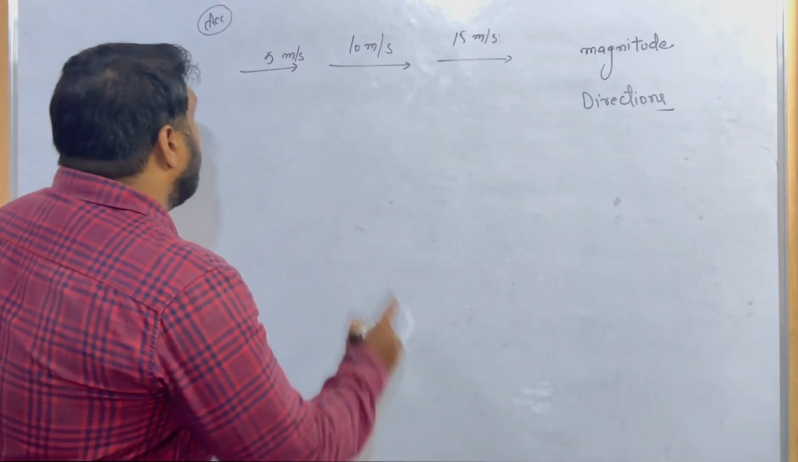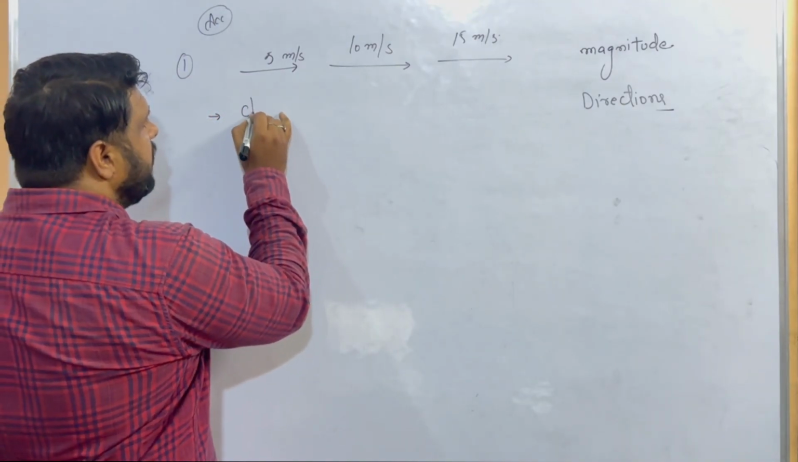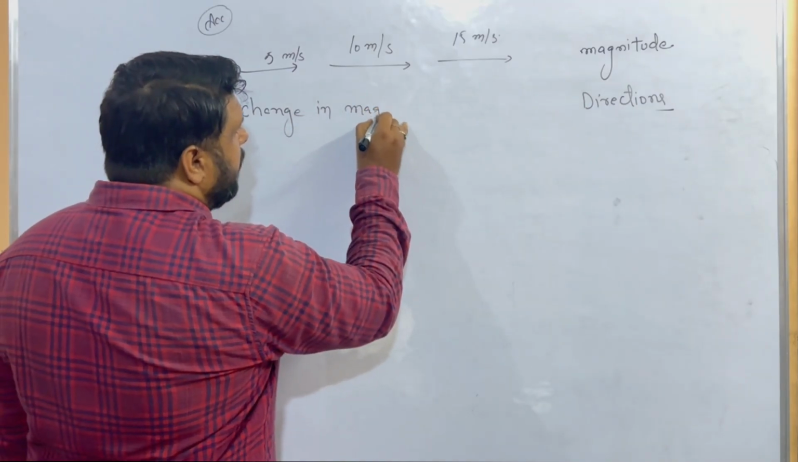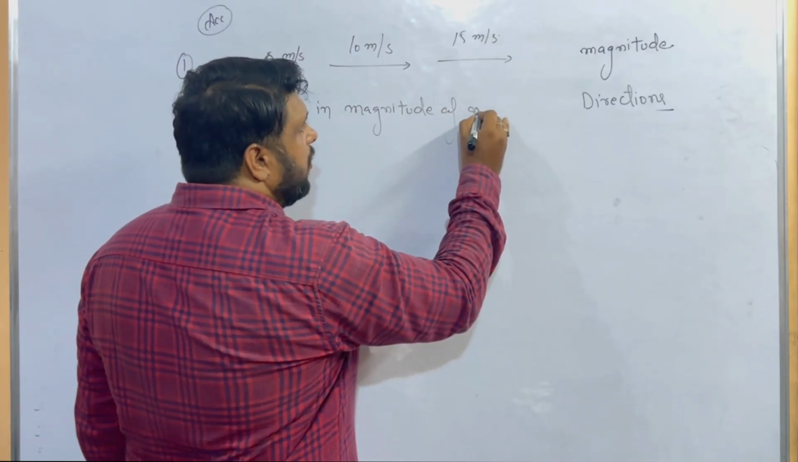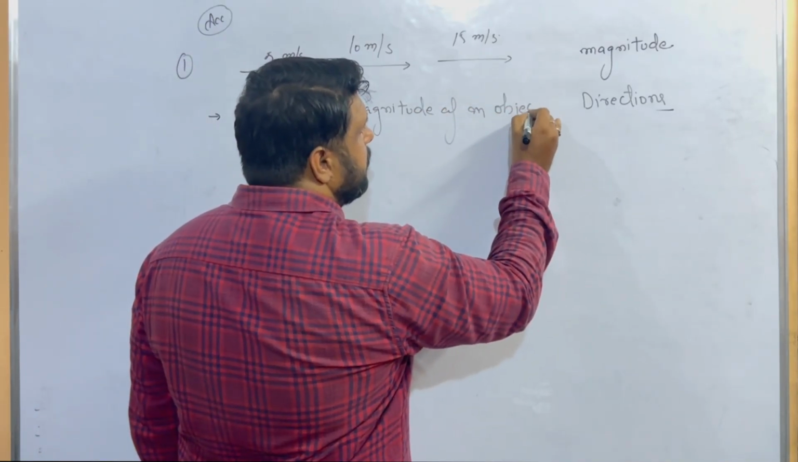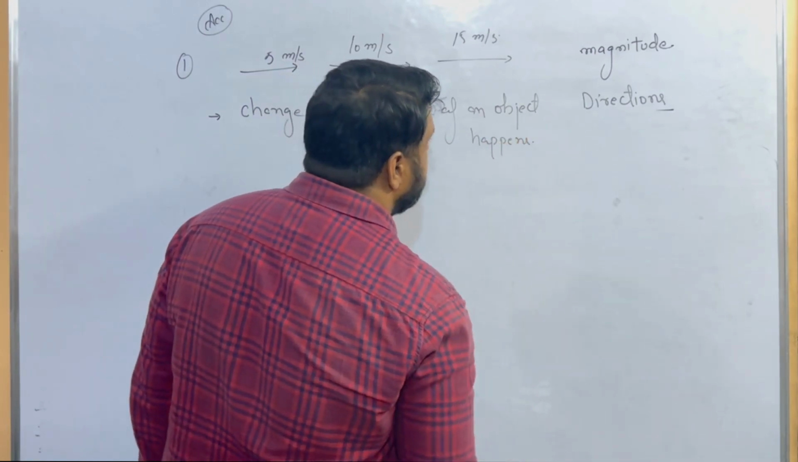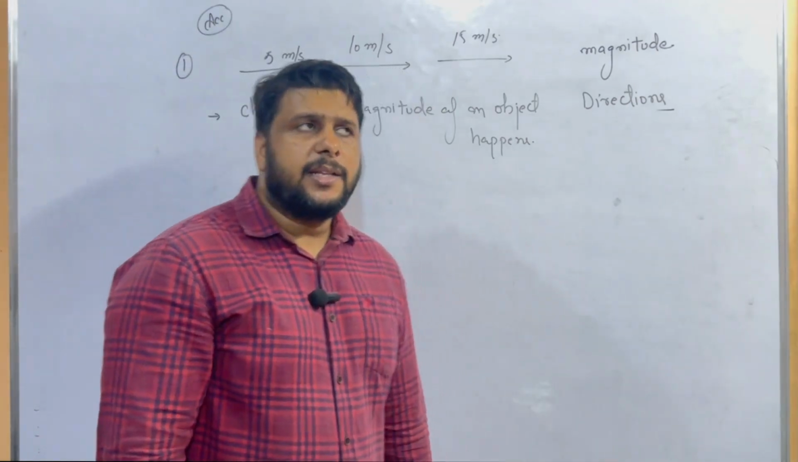So acceleration can be observed in an object if a change in magnitude of the velocity of an object happens. Okay, so this is a pretty easy case to understand. The other case is when